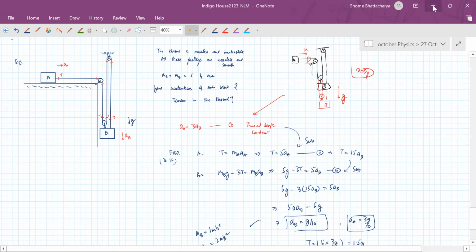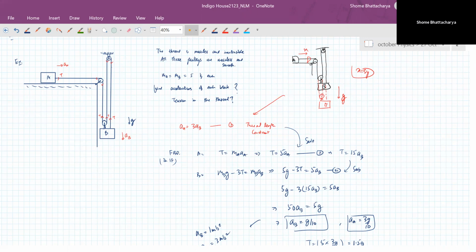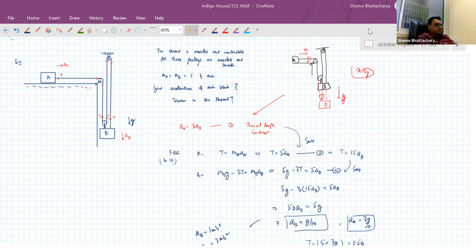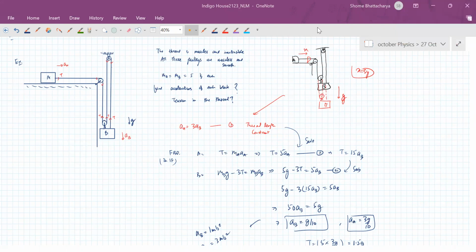So hope this question was clear, people. Okay, so with this we conclude Newton's laws in today's session. Next lecture we will start with friction. But also I have not received any request for discussing the doubts from HC Verma, so I'm assuming either that you have completed it or you are still in the process of completing it. But from whatever you've completed so far, you've not got any doubts. So next lecture, just try to complete HC Verma questions from Newton's laws before that and discuss the doubts.